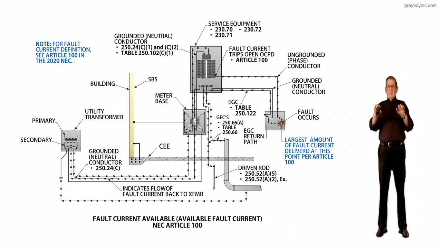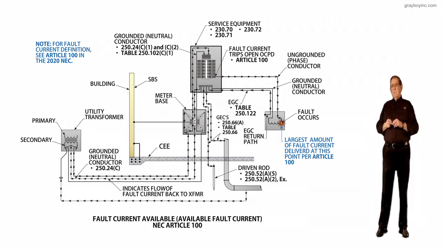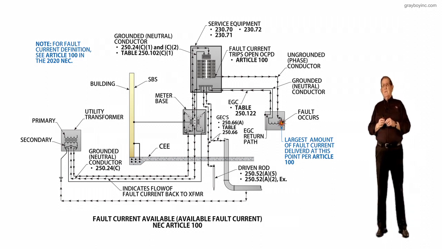But this basically says wherever you're working, pull boxes, junction boxes, whatever, the available short circuit current there can be very dangerous. And 70E says some of these old breakers, in accordance with 70B,